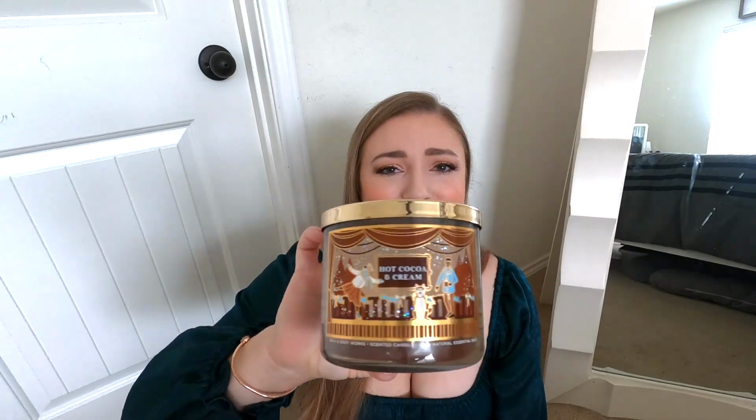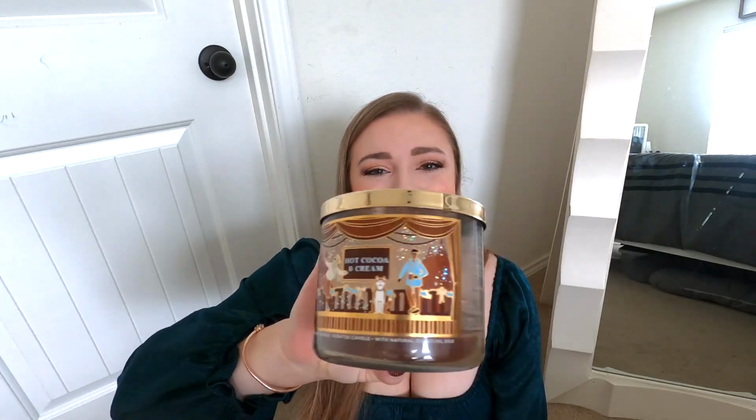Okay, speaking of hot cocoa and cream, I did burn through my hot cocoa and cream. Y'all, this year's packaging was top notch. I loved this collection. Wasn't this so cute? The notes on here are decadent milk chocolate, fresh steamed milk, and mini marshmallows. This one, the scent is almost completely burned out because I went all the way to the bottom, but I